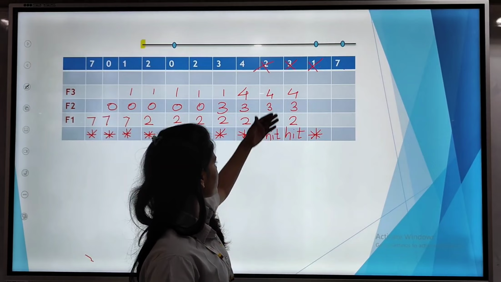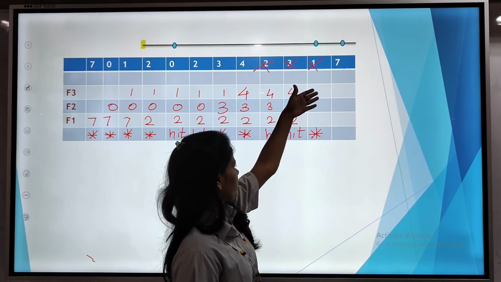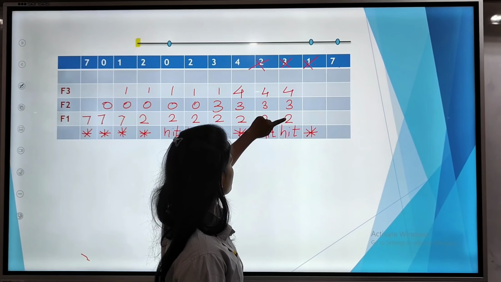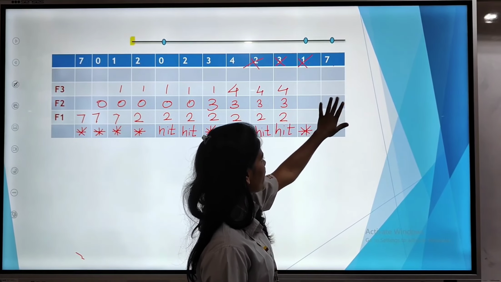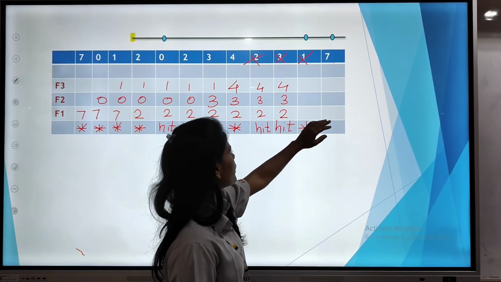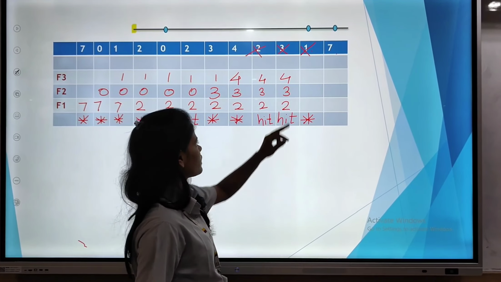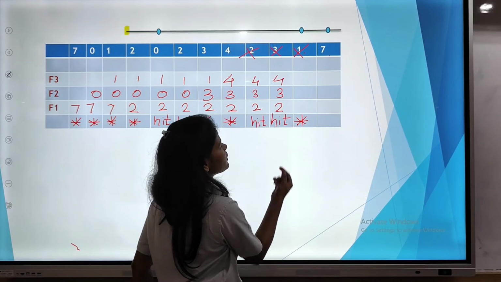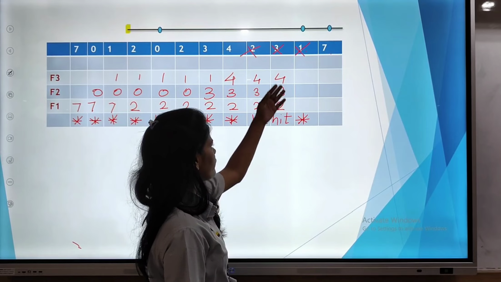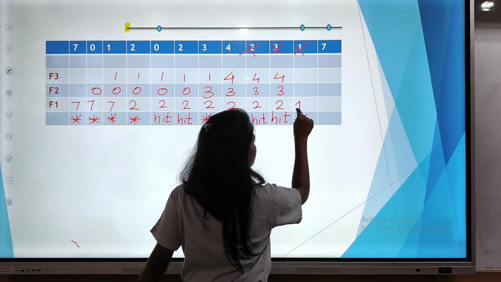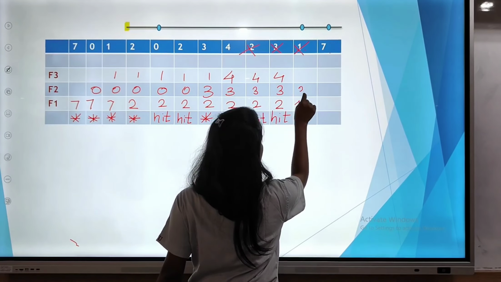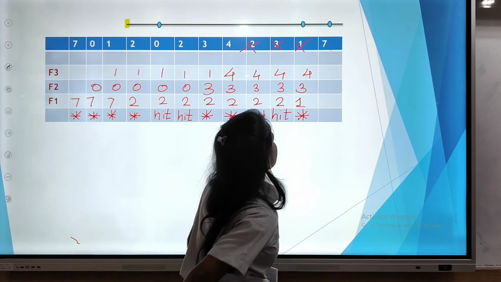I have to replace any of the pages with the page number 1. But here is no any page, right? 2, 3 and 4. Here the string ends. Here is only 7. Here is no any number or no any page. So I can replace any of the pages with the page number 1. Here I will just replace the page number 2 with page number 1. So I will just write here 1 and all the pages as it is.